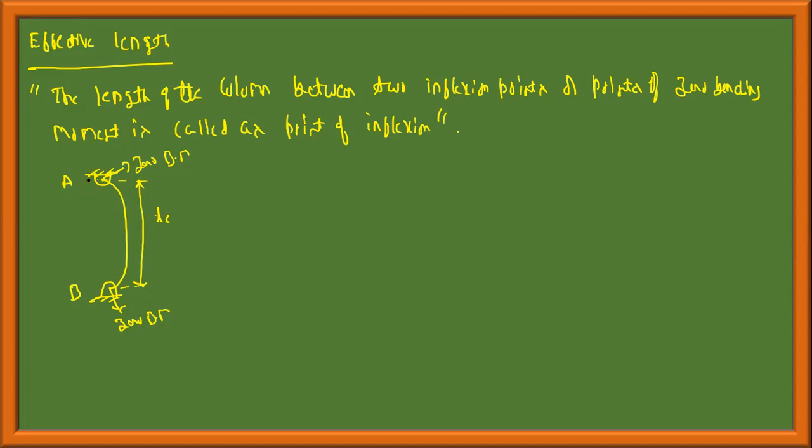It is free to rotate in the z direction like this. There is no reaction opposing this rotation, like your door can rotate about some axis. Similarly, assume that this hinged end can rotate about the z-axis. It is free to rotate. There is no reaction force. So these are the points of zero bending moment. Bending moment in the sense there is no resistance to rotation. It can freely rotate. So these two points are the points of zero bending moment, also called points of inflection.